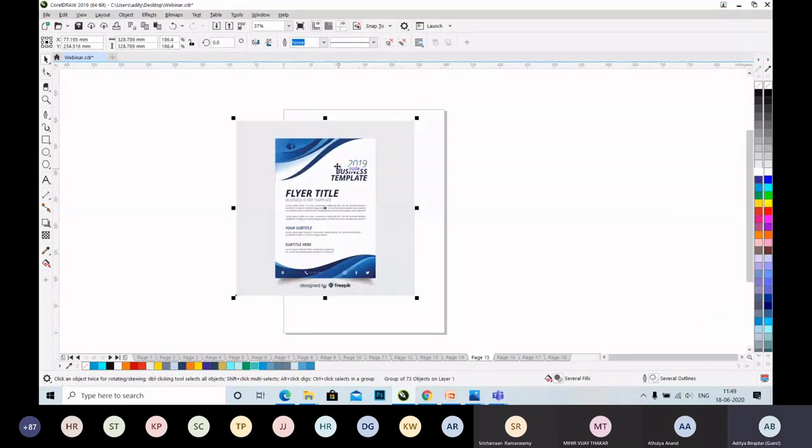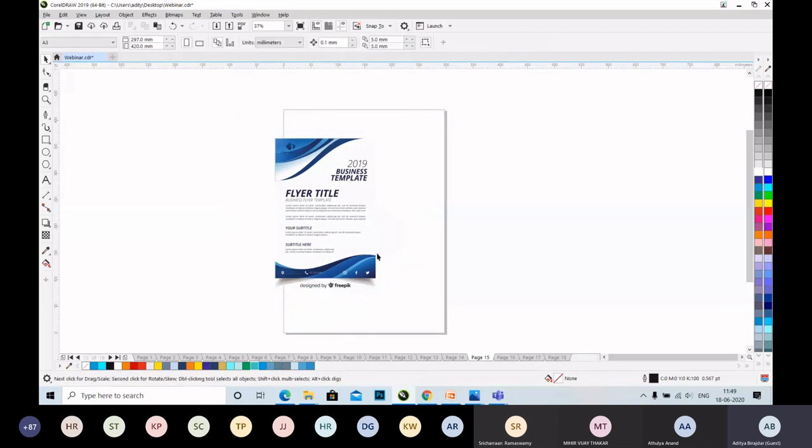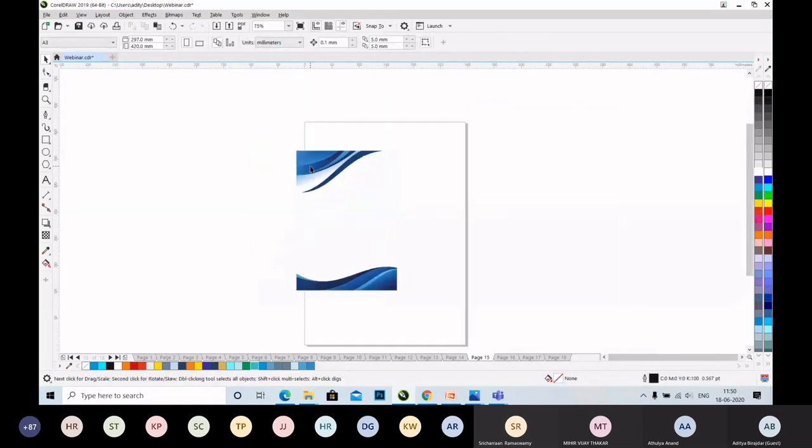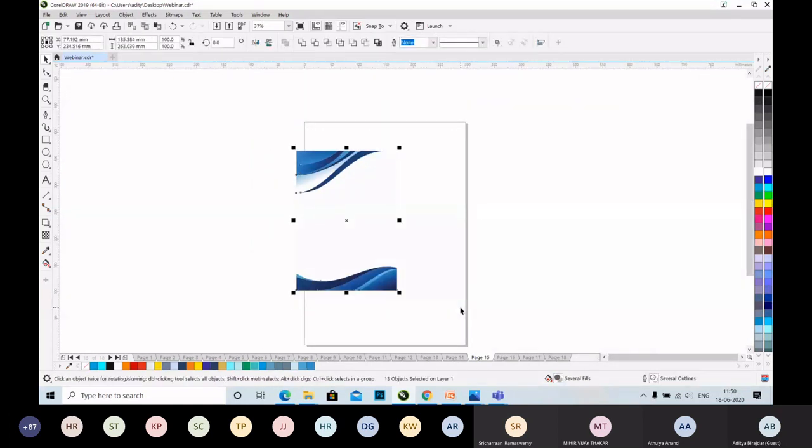The same process will be followed now. Right click, ungroup all, delete unnecessary backgrounds. Resize it.